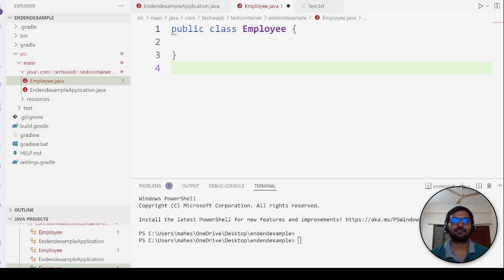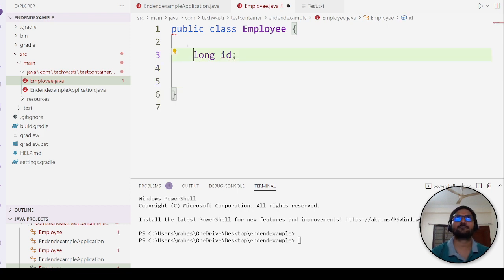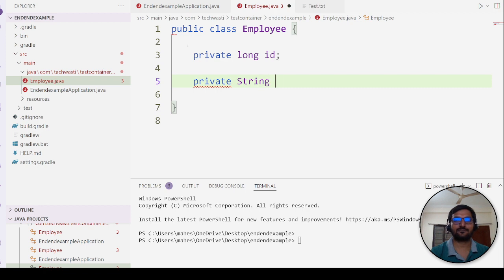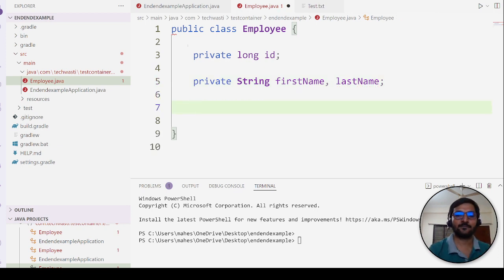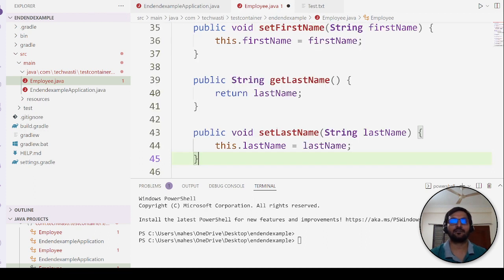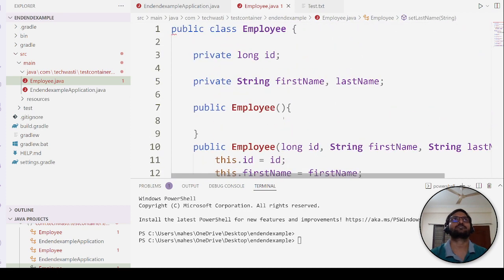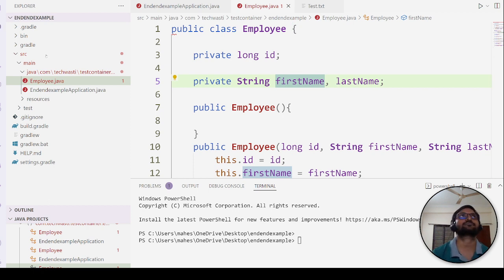So first we will see we can create the employee database. We have the employee database, we'll use that one. Create first the employee ID. I will just choose a few names so that it will be easy for us to demonstrate. We'll have very limited features because as part of this code we are not interested in exploring, I mean demonstrating, how to write Spring code. You can look for the other videos as well. In this video we'll see how we can use the test container. So I'll just copy and paste the snippet which I already have so that we can save our time. Then we'll definitely have our DAO layer,